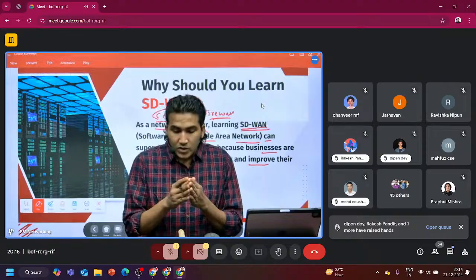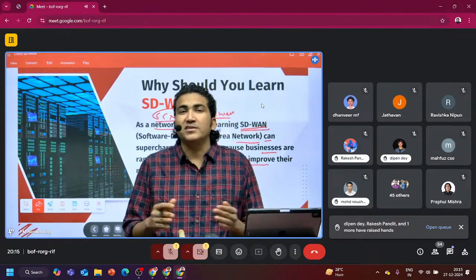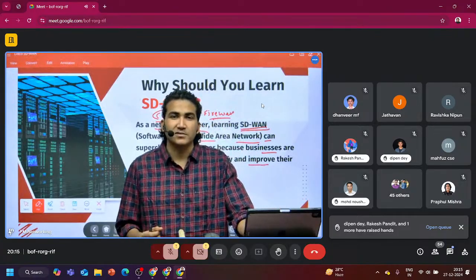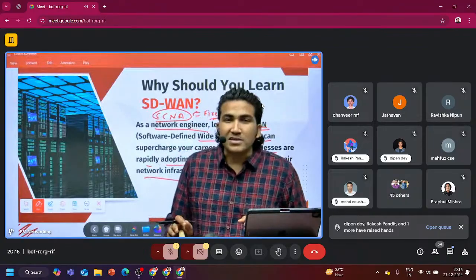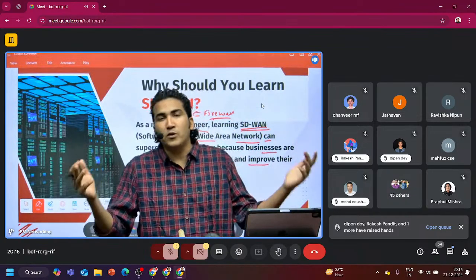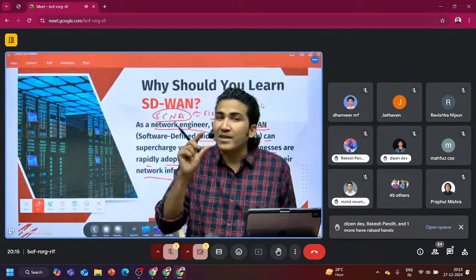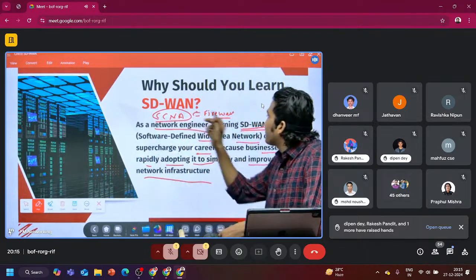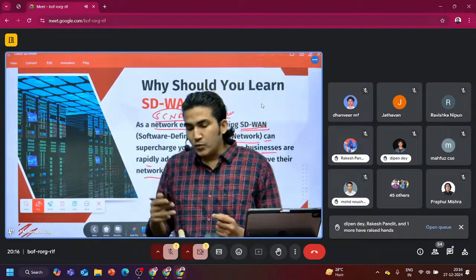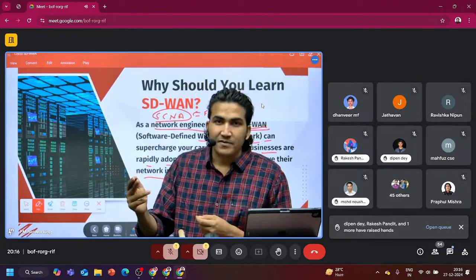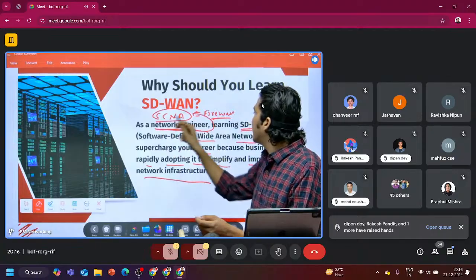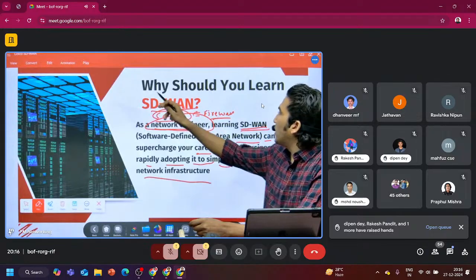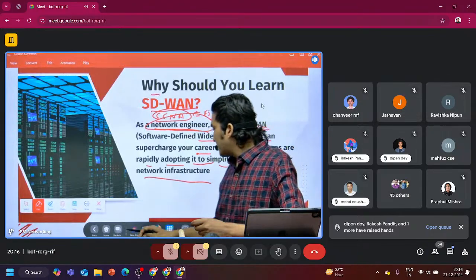Because the demand for SD-WAN engineers is huge in the market. Many companies are looking for SD-WAN engineers, and very few people have knowledge about SD-WAN. Many people know routing and switching, many people know CCNP, many people know firewall, but very few people know SD-WAN. So if you learn SD-WAN, you can exponentially grow your professional life, right? So that's why, as a network engineer, you should now plan for SD-WAN technology. Okay, so this is why network engineers should learn